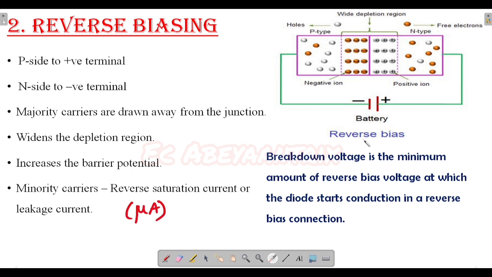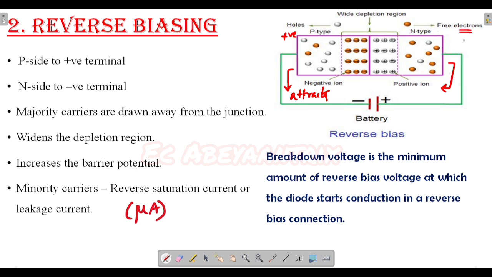And when this happens, the opposite case, that is in P-type semiconductor, holes are the majority charge carriers, right? Holes means positive charges. So positive charges are connected to the negative terminal of the battery, which means attraction takes place. So attraction takes place here. So the majority charge carriers get attracted towards the battery, and in the same way, on this side also, in